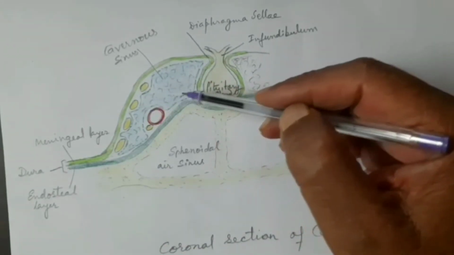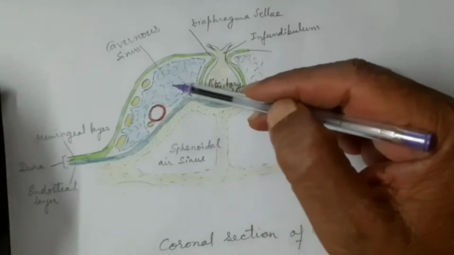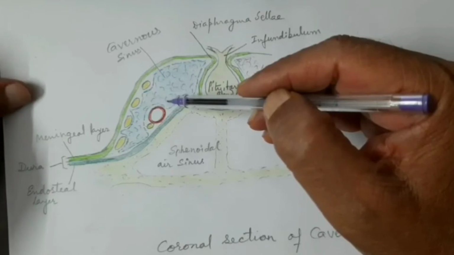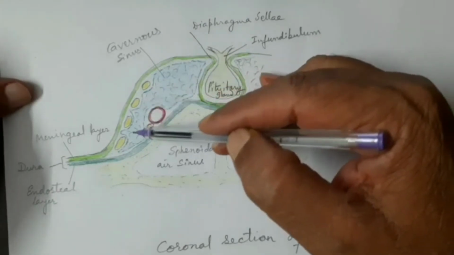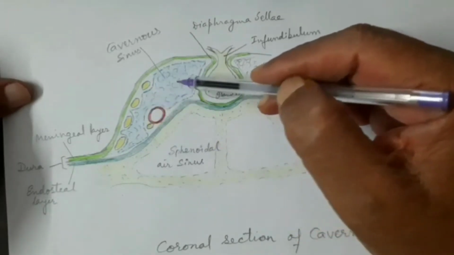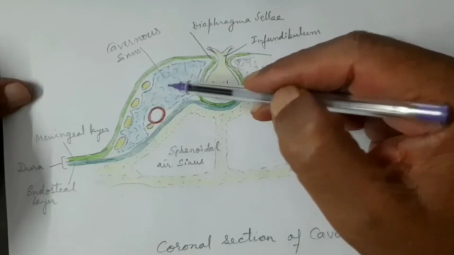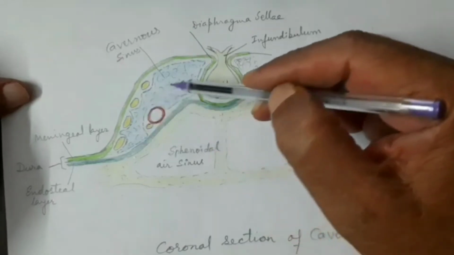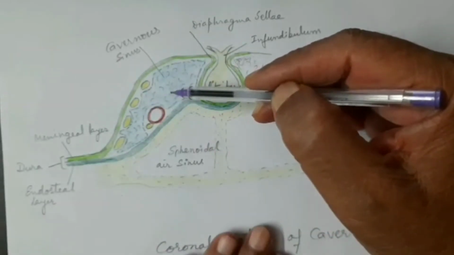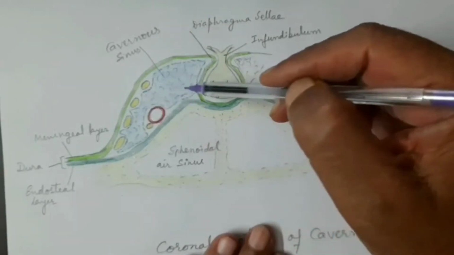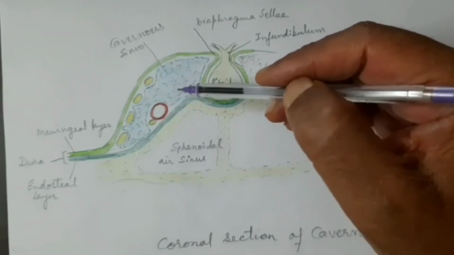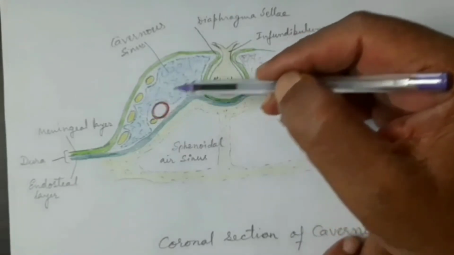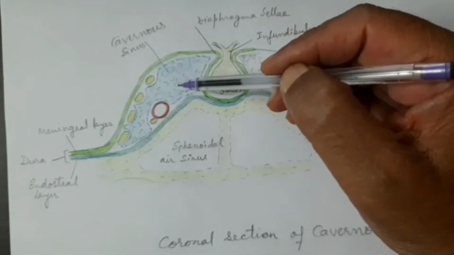And I have already explained why this venous sinus is called as cavernous sinus. The reason is that this cavernous sinus has small septa, trabeculae, which enclose the cave-like spaces, an intercommunicating sponge-like thing, so the blood has to flow through these. That's why it is called as cavernous, because small caves are there which are intercommunicating. So this venous blood flows here through this cavernous sinus.